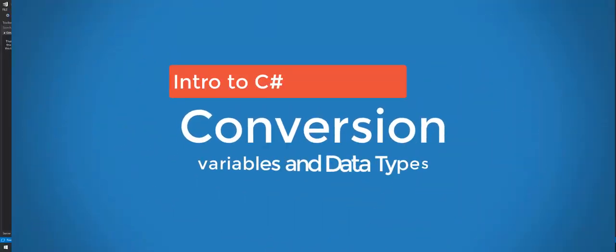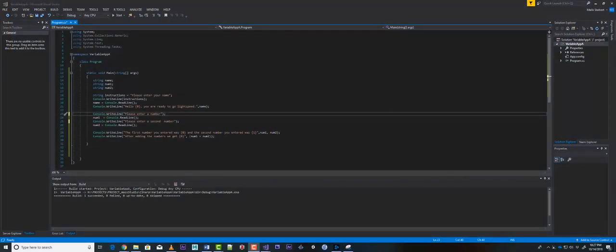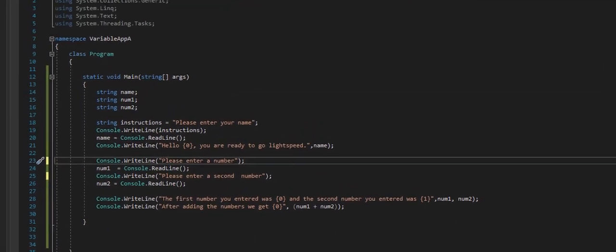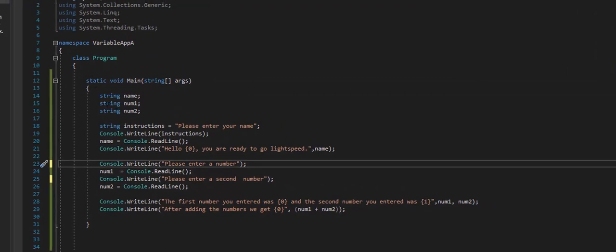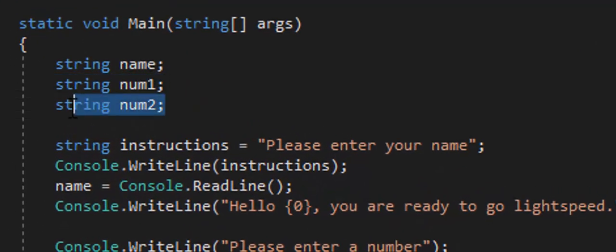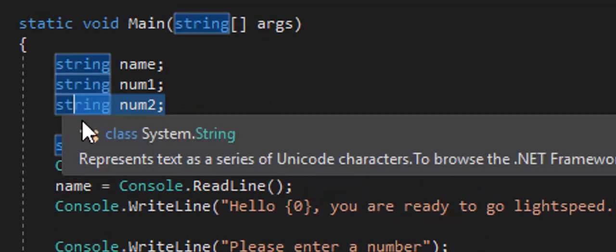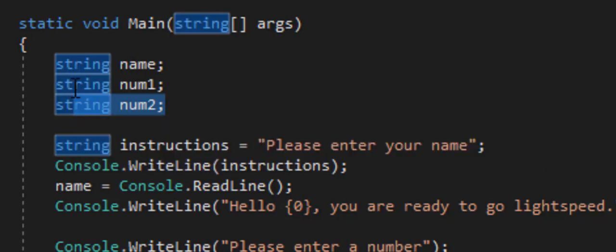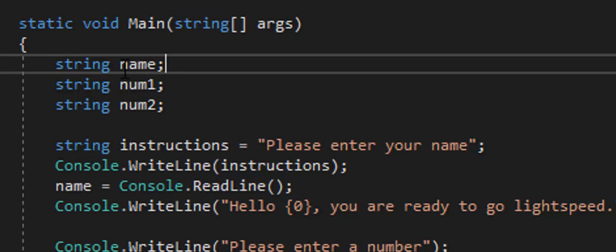So let's look at taking in some information into the system, getting information from the user, and converting that information into a data type that actually works for us. The final thing we want to look at here is this type conversion. Right now we have this num, which is a string, this num, which is a string. We could have declared this as an integer, but for the sake of education, we're going to put this as a num because we're taking some strings in and we're going to convert them later,